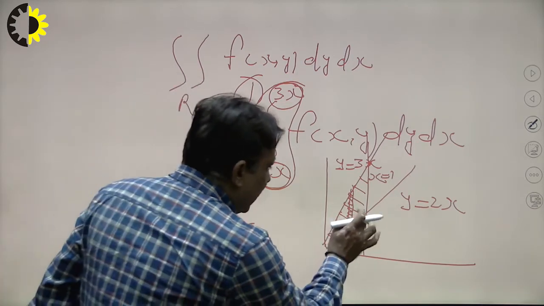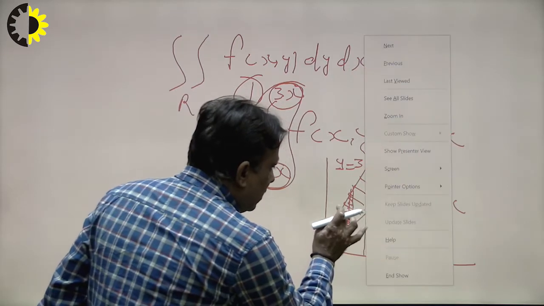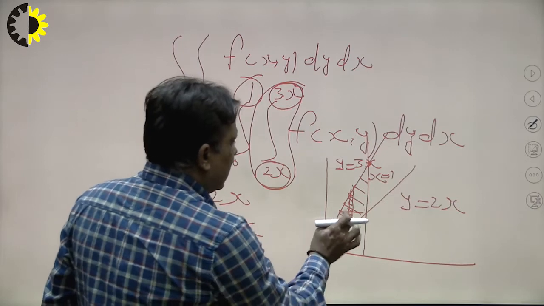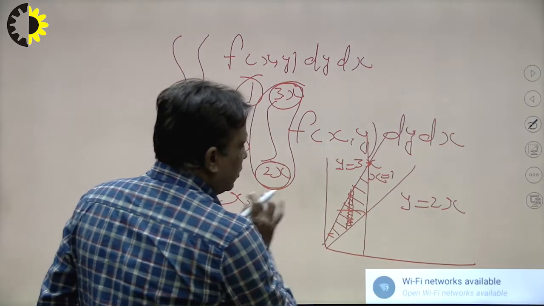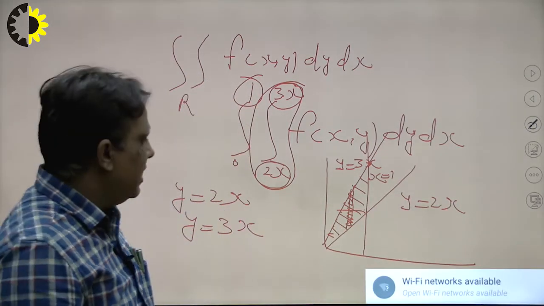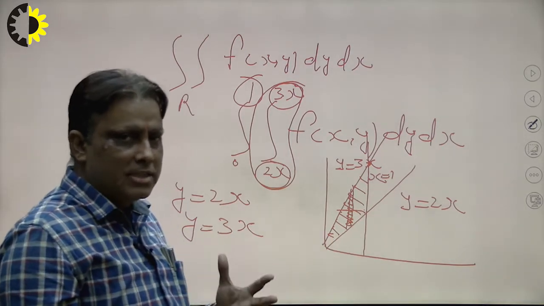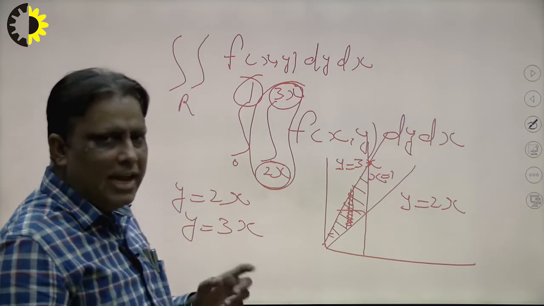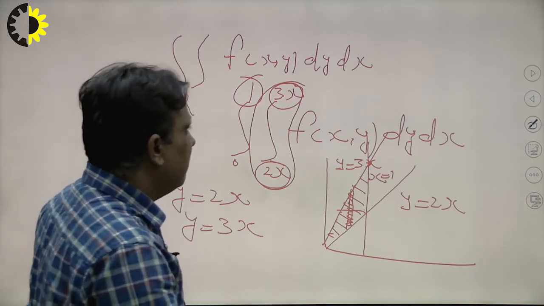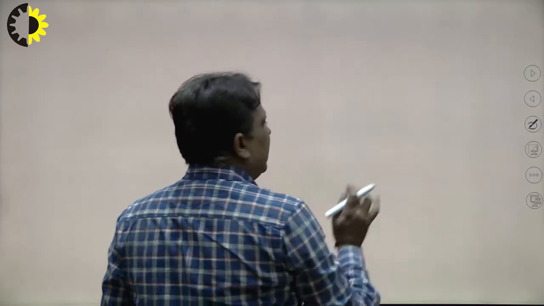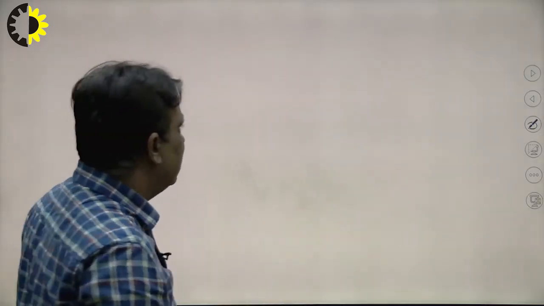So suppose I draw a parallel line from this point, so that means this will be the partition of this line. So we can say that this region is divided into two parts when we change the order of integration, but in the previous form there exists only a single region. So in this way we can say that change of order of integration can divide the region.